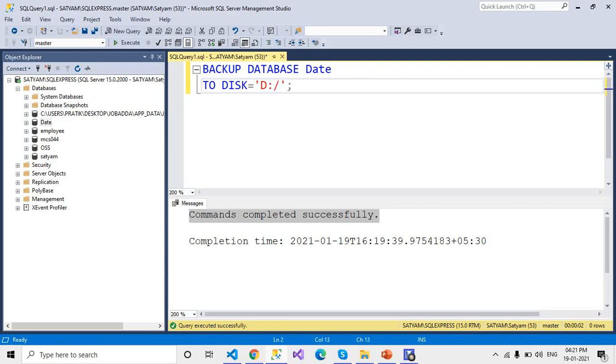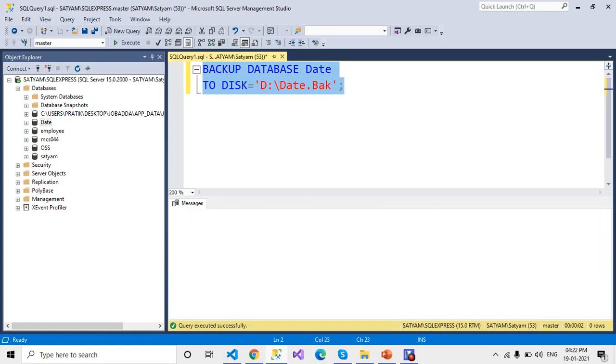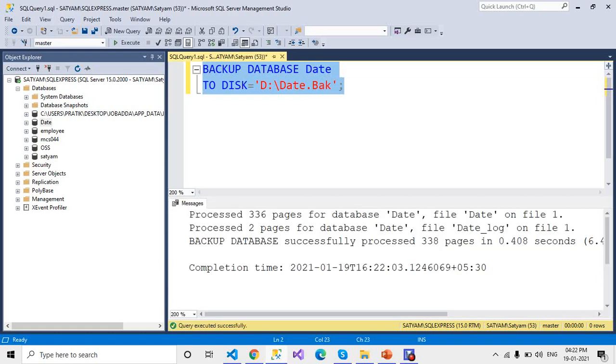slash, I hope it's a forward slash, and the name of the database dot, very important, the extension, that is BAK. Just select this query and execute.